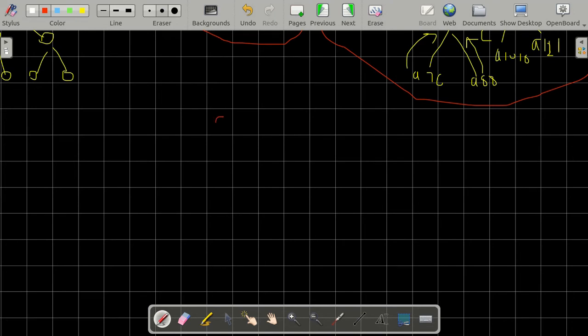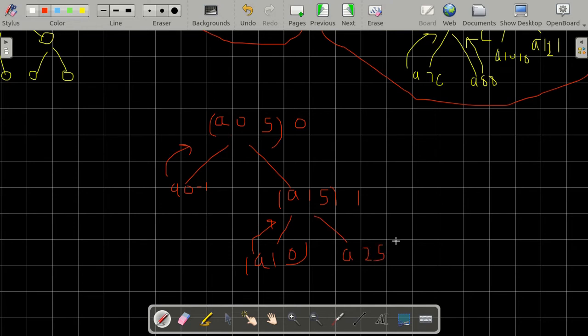Now if suppose my array was from 0 to 5 and my pivot was chosen as 0. So what will happen? A call will be made first from A0 to -1. Now this is not a valid call, it will simply return. Another call will be made from A1 to 5. Now suppose the pivot over here is 1. We'll have a call from A1 to 0. This is not a valid call, so it will return simply. The next call will be made from A2 to 5. Now supposedly the pivot we receive over here is the element 2.